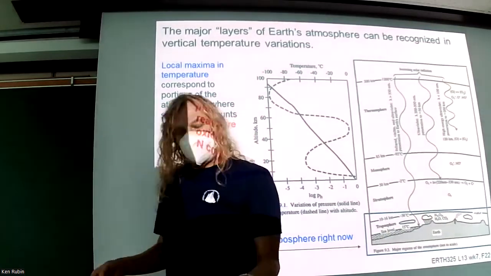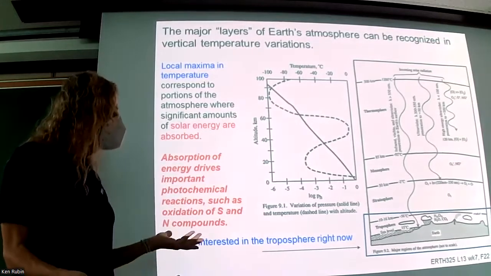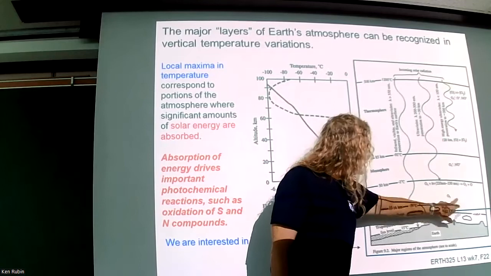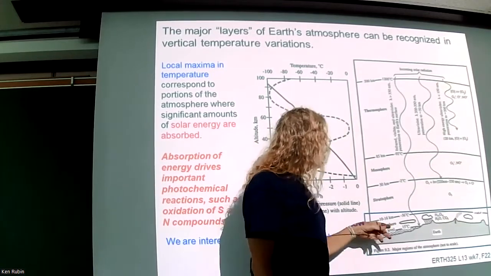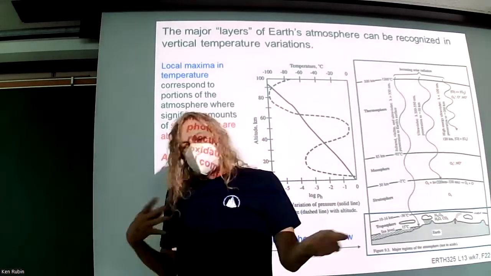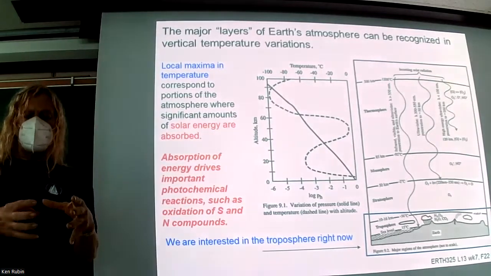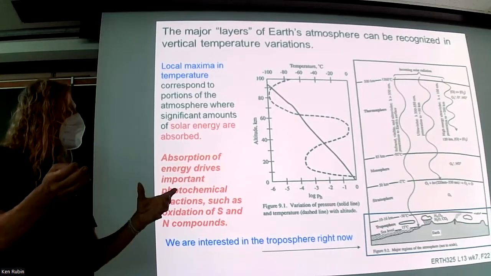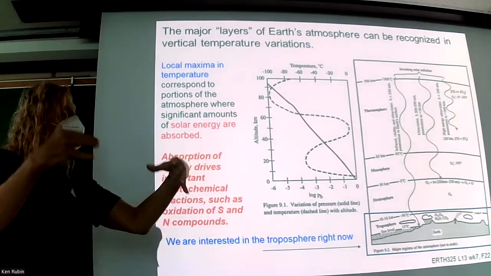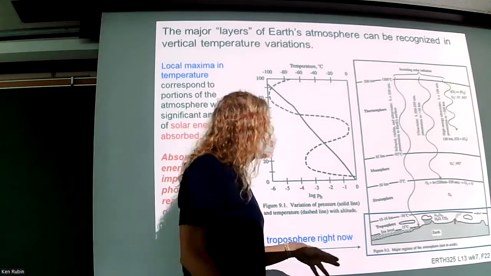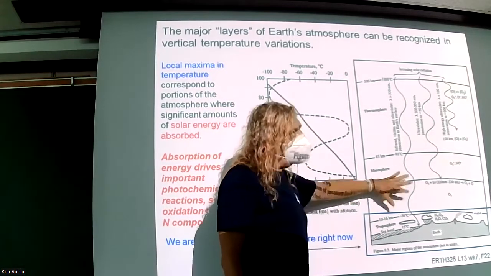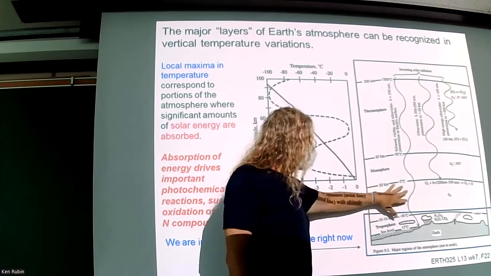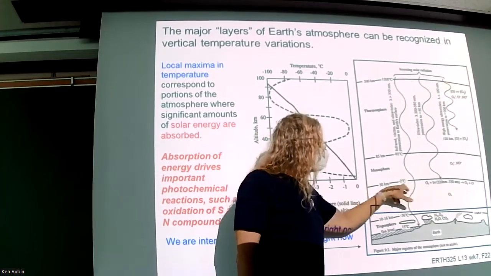So we have an ozone layer, which I'm sure everyone has heard of before. Ozone is O3. You can see it's written here pretty small. But ozone forms in the atmosphere by taking some oxygen molecules, O2, breaking them apart into oxygen atoms, and then those oxygen atoms combine with more oxygen, O2, to make O3. It's a complicated chemistry, and again, we go through it in the environmental geochem class. I'm not going to go through it here, but I just want to point out that it absorbs a lot